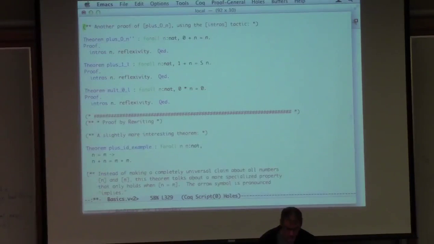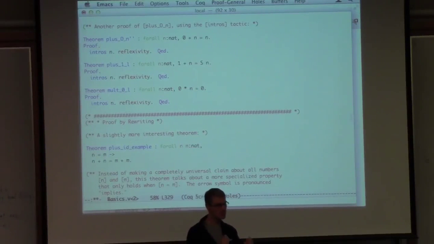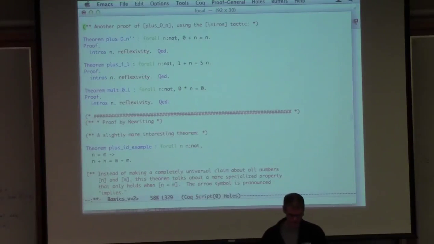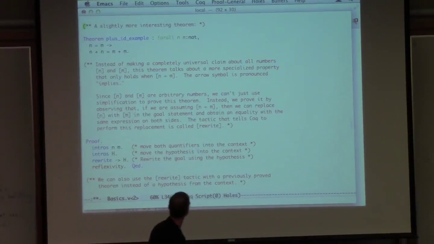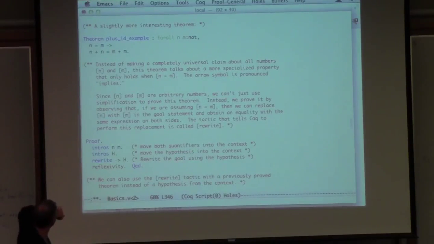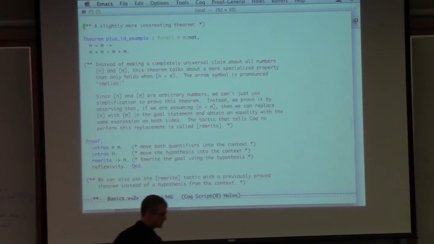Okay, so some theorems we can prove, some slightly interesting theorems, we can prove just using the facilities that we've seen so far. Others need a little bit more. Here is a little bit more interesting theorem. This theorem is a hypothetical theorem, and it says n plus n equals m plus m. So that's not true just by simplification. It is true by rewriting, that is, replacing equals for equals. And the way we do it is,